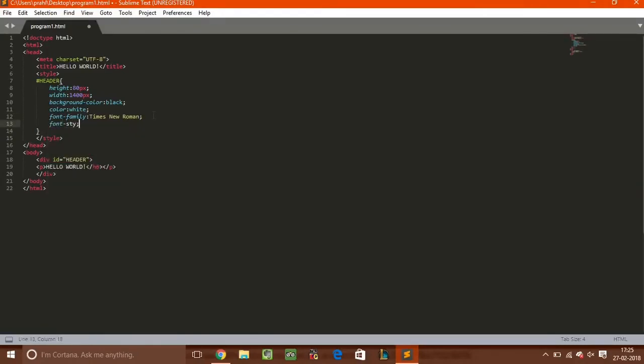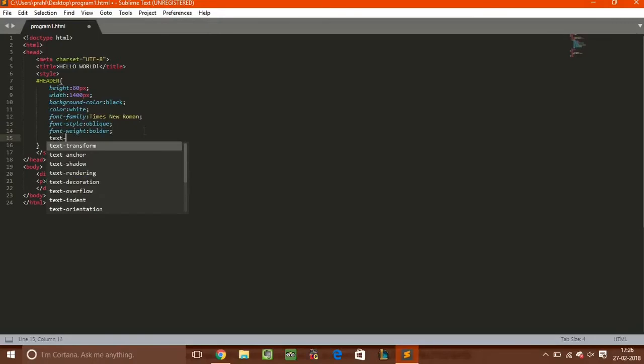And then we are going to have the font style. We can give oblique, we can give italics, we can give whatever style we want it to be. And then we give a font weight. That could be bold, bolder, light, lighter. We're going to give bolder now to make the font look bold. And we're of course going to have a text decoration. We're going to underline the text,